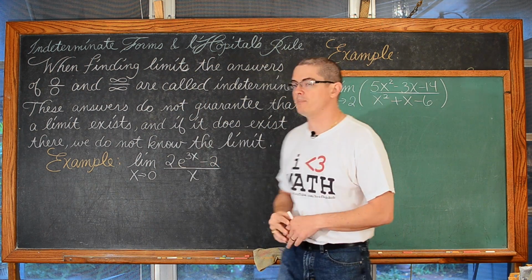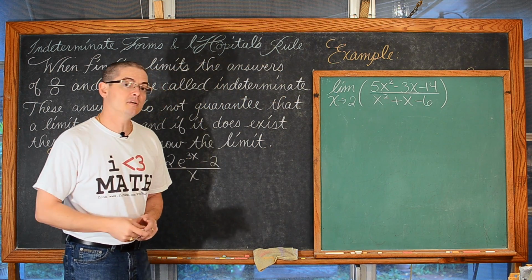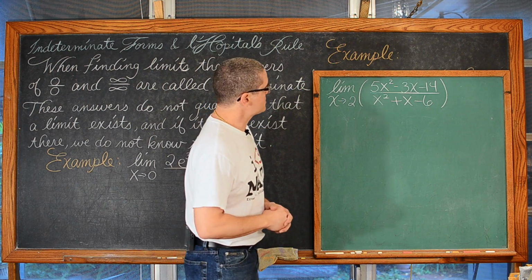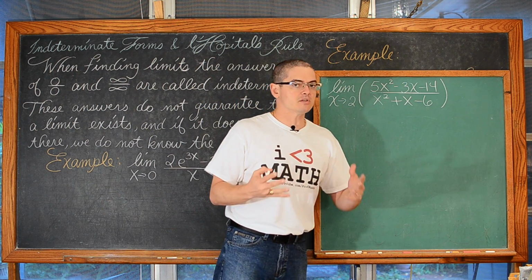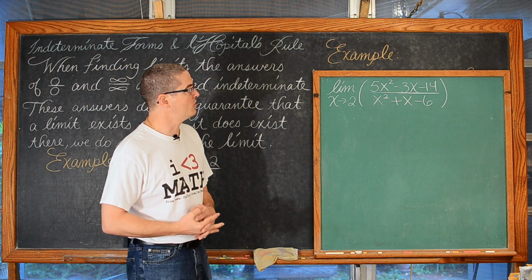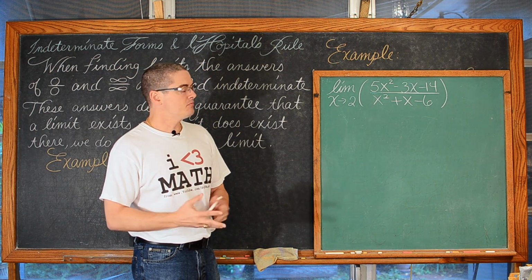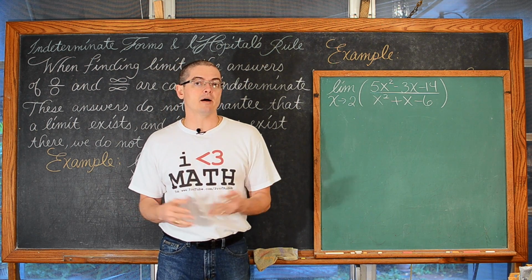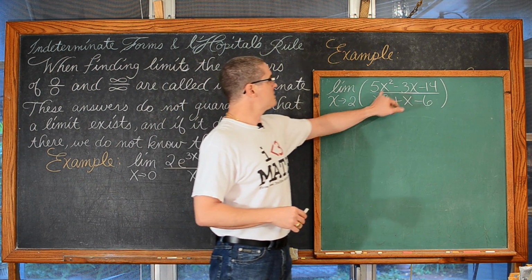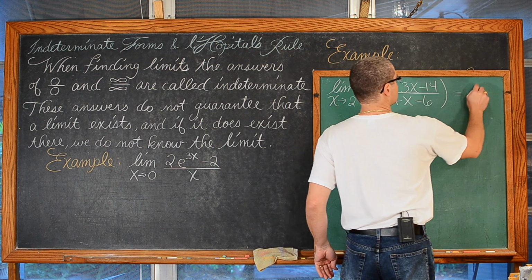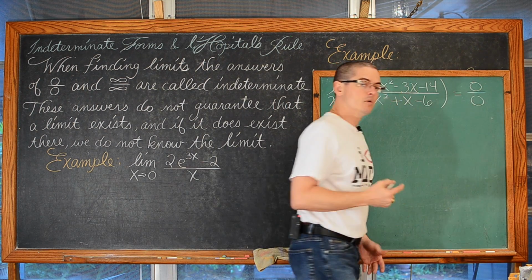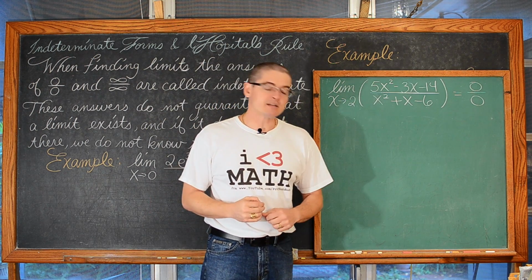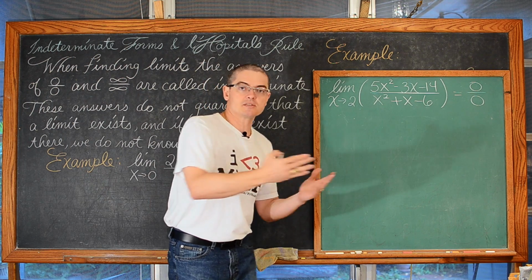And I have 2 examples up here, but I'm going to move this board out of the way to finish our first page of notes, so let's do this first. Find the limit as x approaches 2 for this rational function where there's a polynomial in the numerator and denominator. For a lot of functions, if you want to find a limit as x approaches a particular value, you just simply plug it in. Well, if you plug 2 into the numerator and denominator, you're going to get an answer of 0 over 0, which is the indeterminate form. That does not mean the limit does not exist, nor does it tell us, if it does exist, what the limit is.